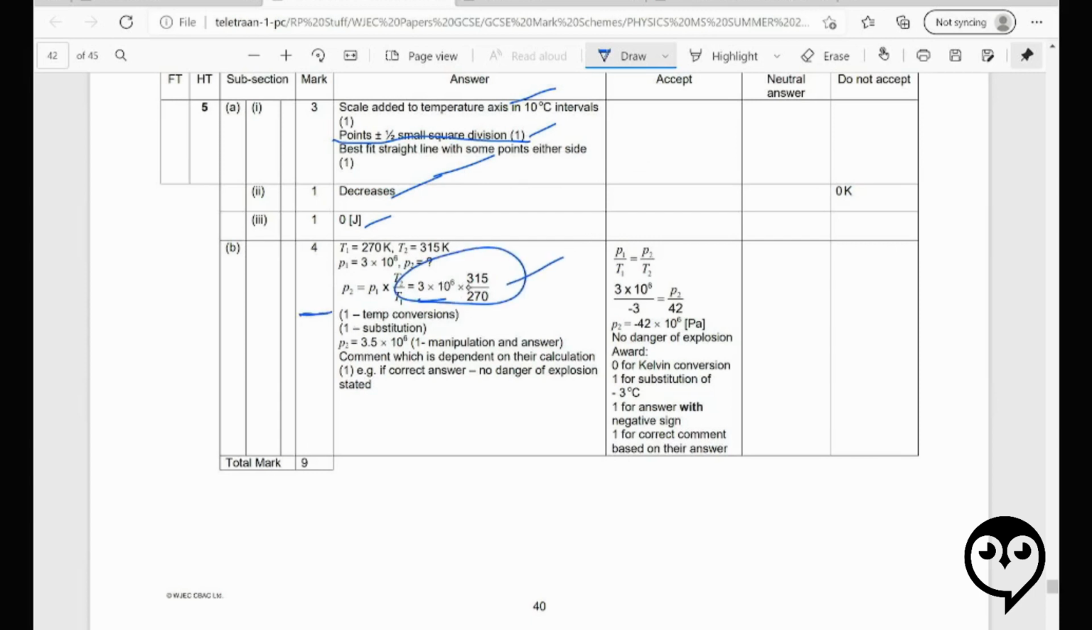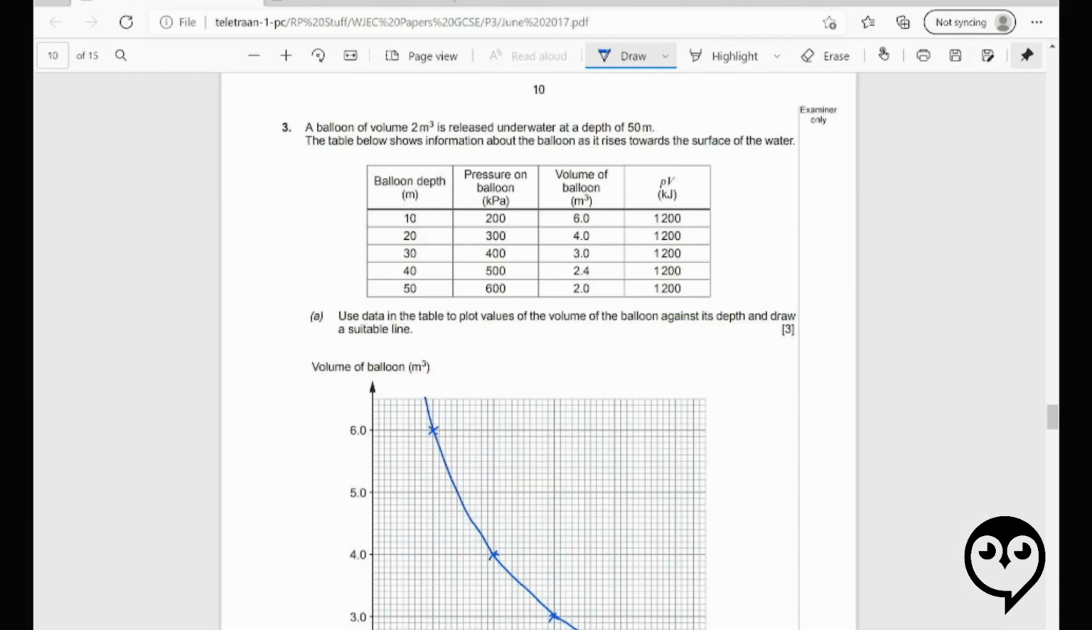1 mark for converting the temperatures. 1 mark for substituting in all the values in the right spot. 1 mark for manipulation and answer, 1 mark for your comment. It's fine, no danger. Okay, and here we have a June 2017 paper 3 from the WJEC, and they've got